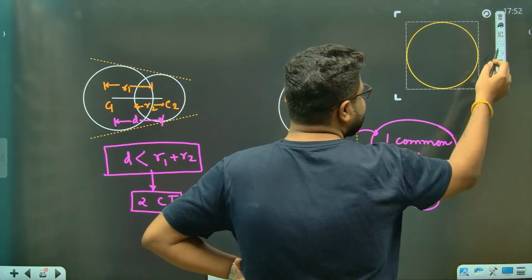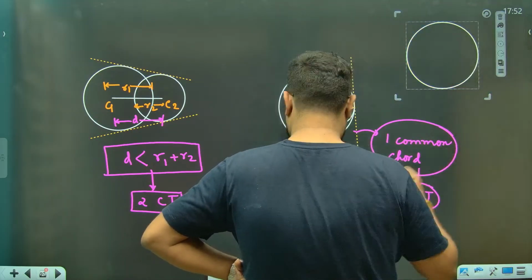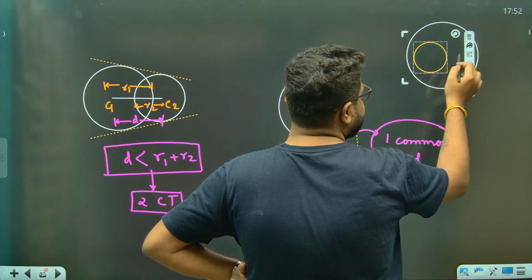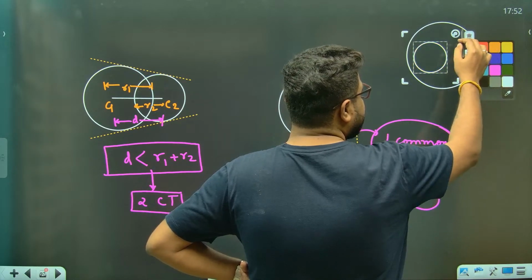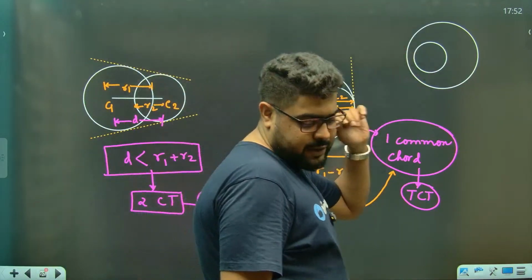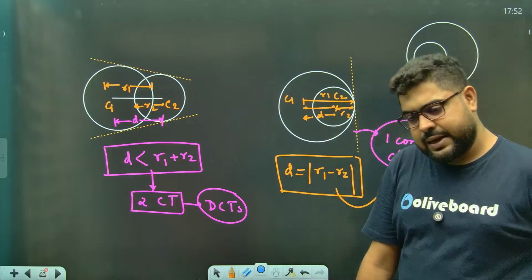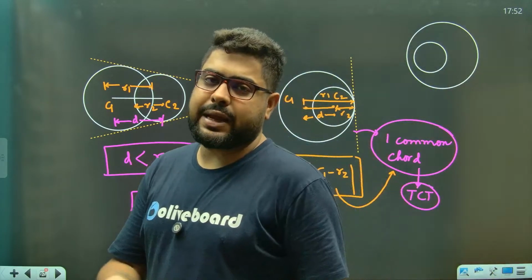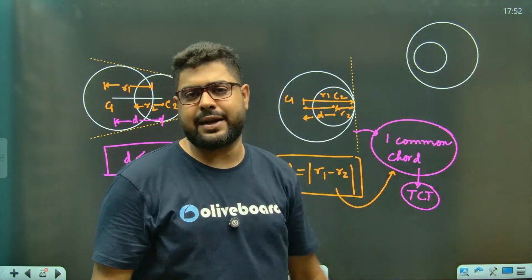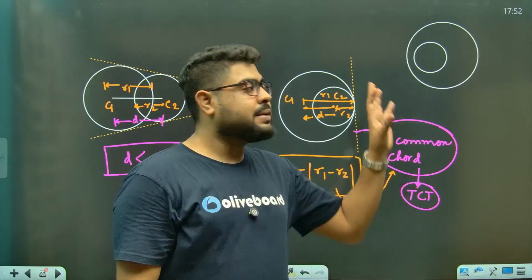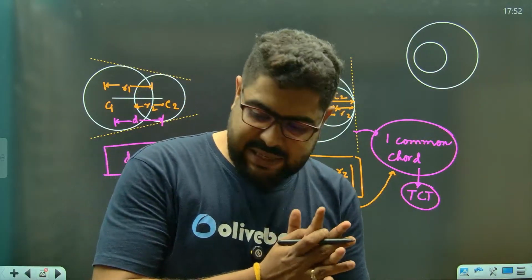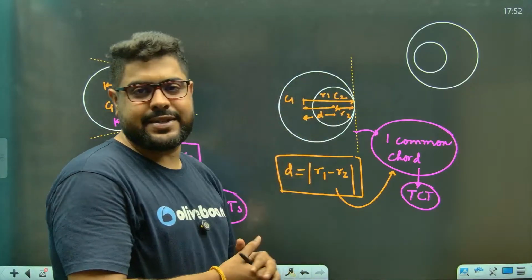If you draw one circle here and some other circle somewhere inside, you cannot have any common tangents because you cannot reach the other one. It can be concentric, or it can afford to be not concentric. It can be sitting anywhere, but it is not touching the other. The smaller circle is completely inside the bigger circle. Perfect. So these are your common tangent situations.